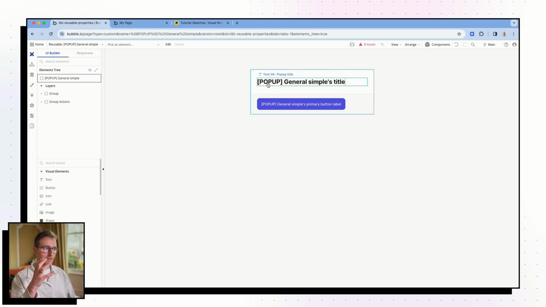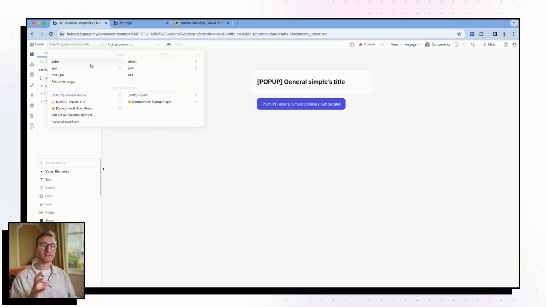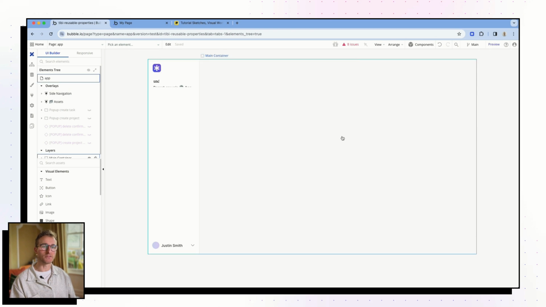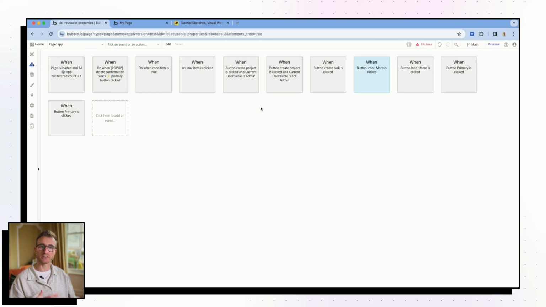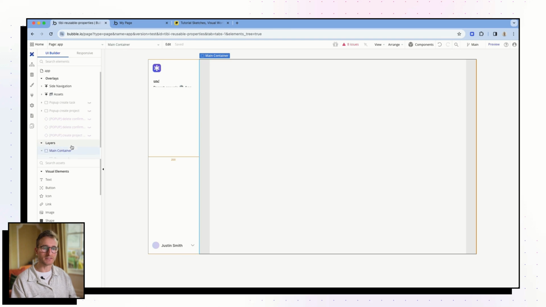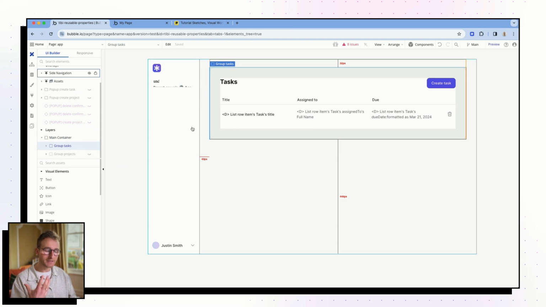with logic, where this module does something very simple, which is like it takes a certain amount of inputs to display some information to the user, and then it sends a button click trigger back to the page, means that our app is super easy to maintain. Like the logic for handling the deletion of tasks, right? It just lives here on the page, or ideally it lives in its own reusable element where we're showing this list of tasks. But nonetheless, this keeps things very maintainable.